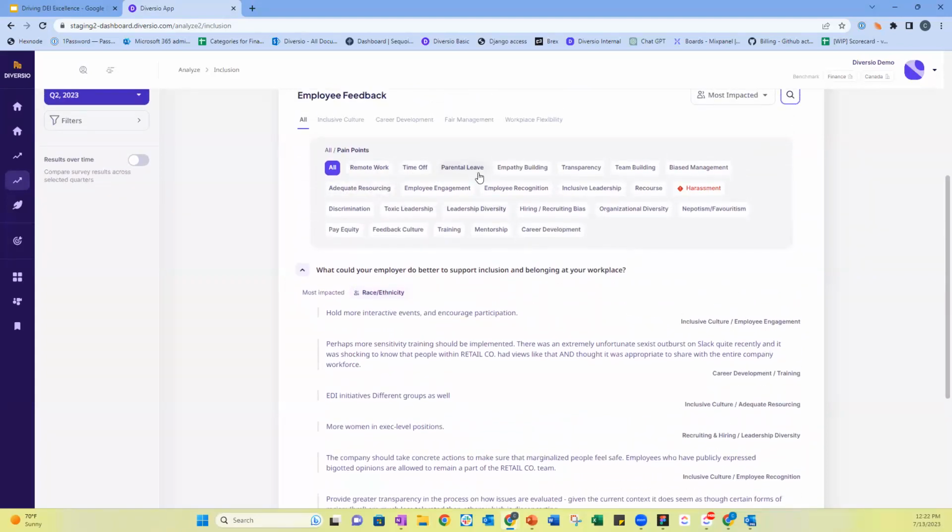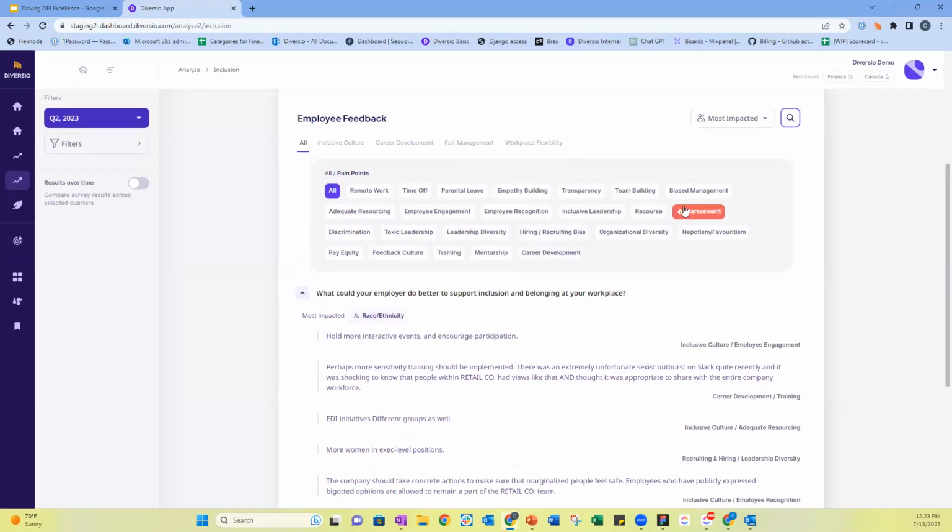Up here, you'll see a bunch of different pain points coming up from our natural language processor reading these comments and deciding, okay, these people are feeling that they don't have enough support when it comes to remote work, time off. They're dealing with toxic leadership, pay equity issues, perhaps mentorship or career development. But we're going to click into